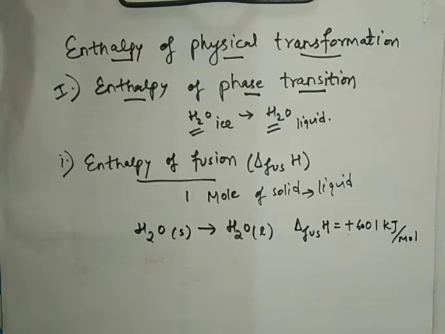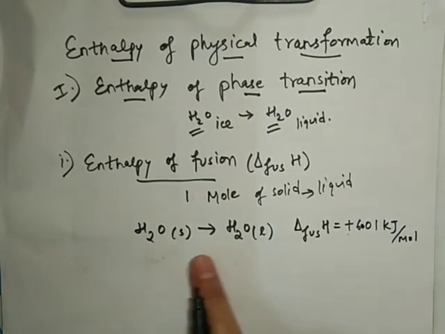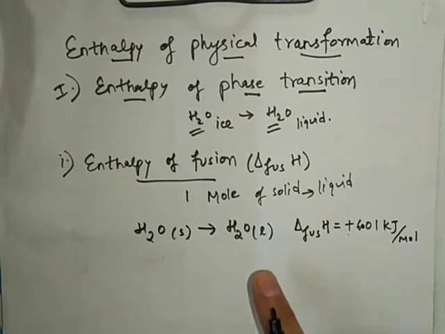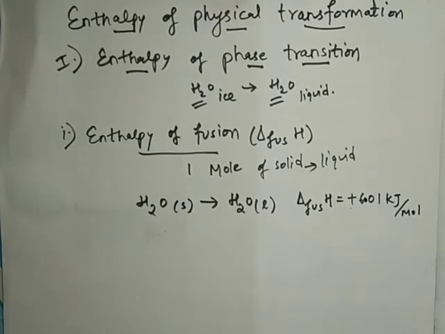Okay, now the same amount of heat is absorbed by what? Ice during melting. What is this process actually? It is melting. Solid getting converted into liquid. So solid ice absorbed this much heat so that it gets fused or melted to liquid water. Right, now the reverse of the reaction is called freezing of the liquid.